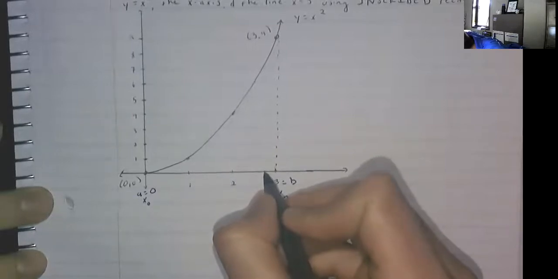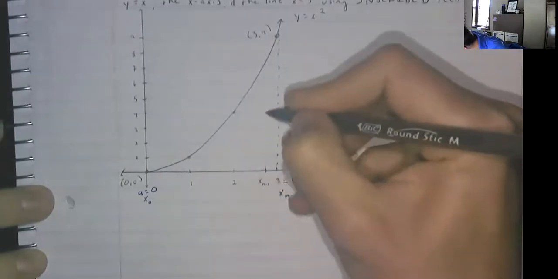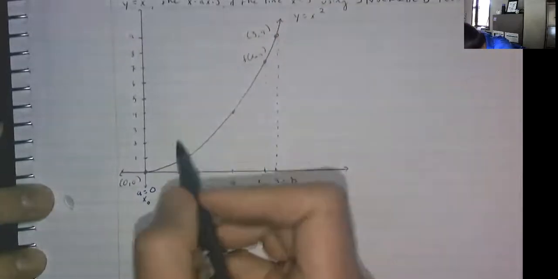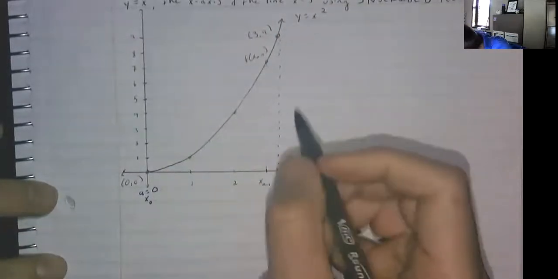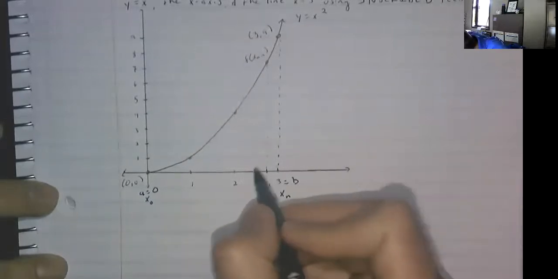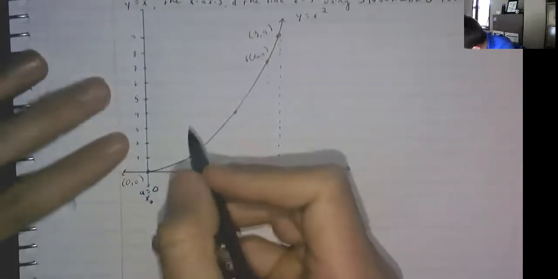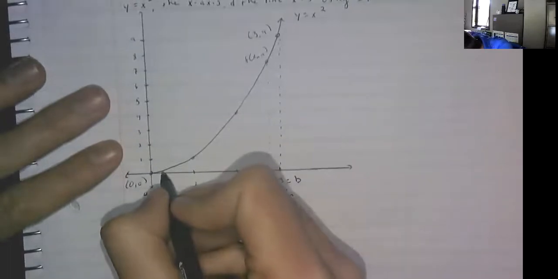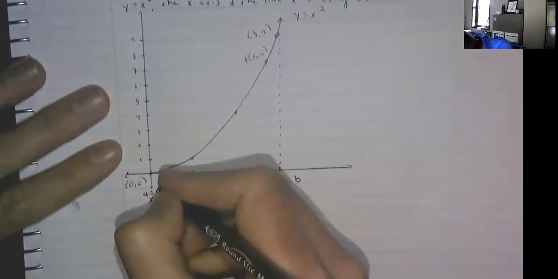So we would have x sub n minus 1 here, so we'd have f of x sub n minus 1. And we just keep breaking this down, starting from the left end, our first x sub 1,